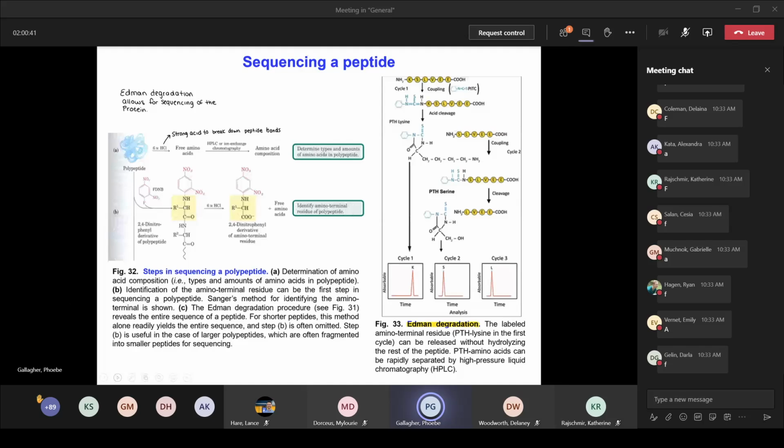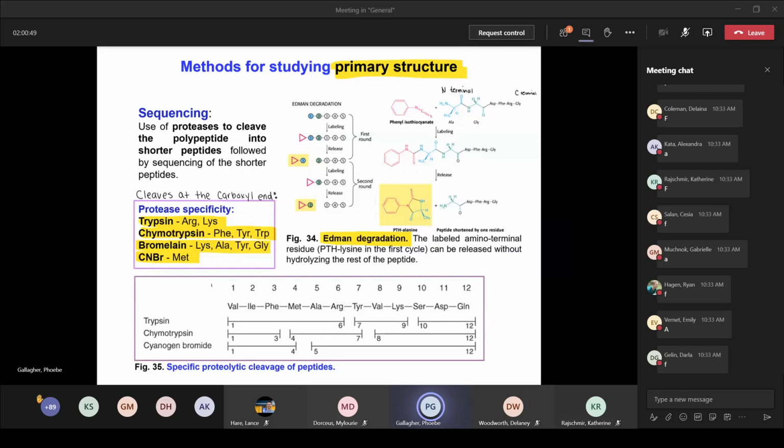Okay, so for the Edman degradation, pretty much what she's going to want you to know is that the Edman degradation will allow for sequencing of a peptide by removing the N-terminal amino acid. So you'll have this substance,